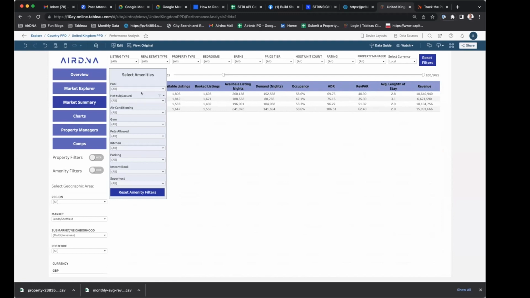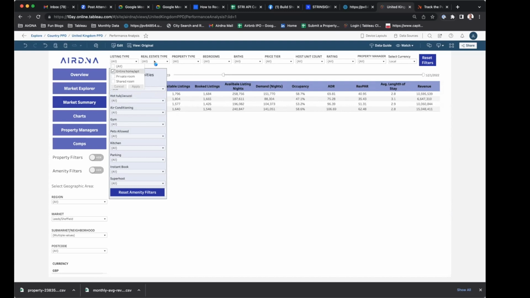and ADR. So let's say I want to pull back and find properties with a pool and see what the impact is on rate. So we see roughly $67. And then if it doesn't have a pool, what that may mean, so it says 106. So this immediately tells me, given that those numbers were totally unreasonable, that I need to apply all my